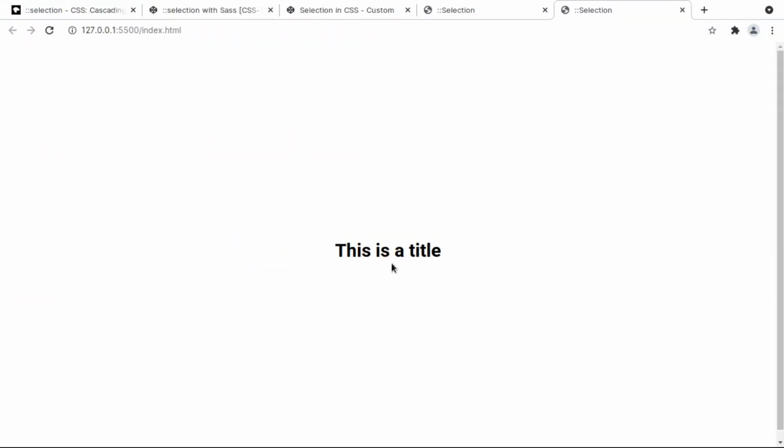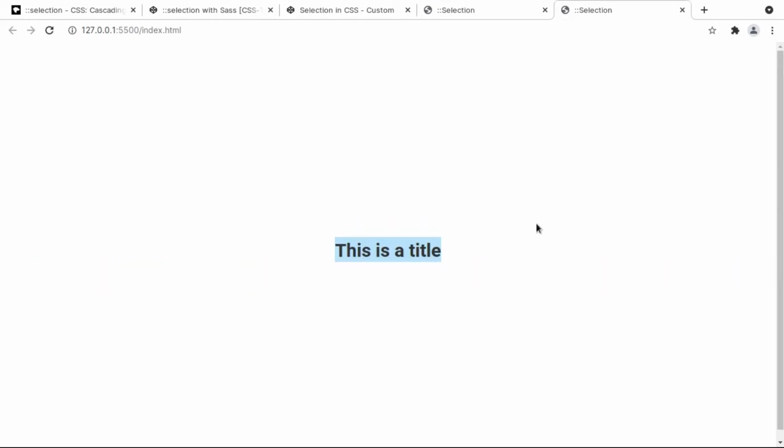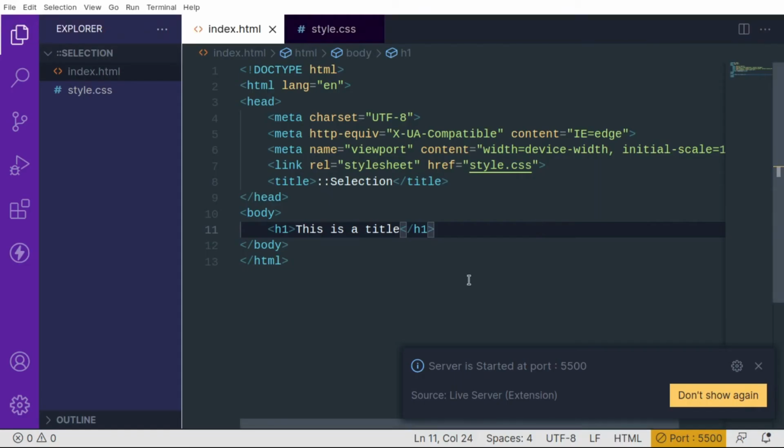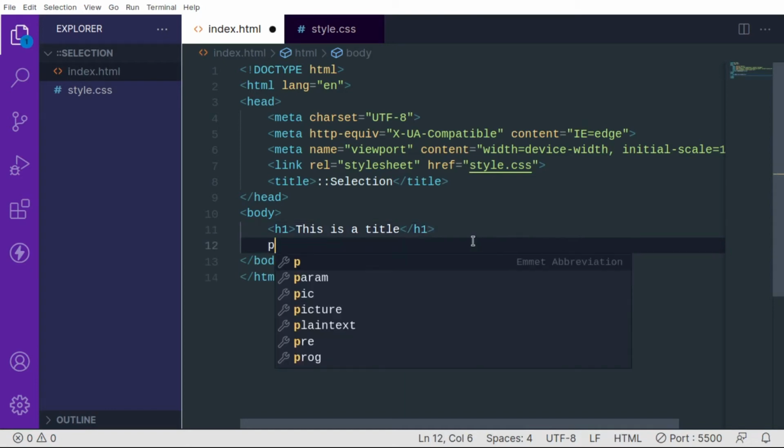Okay, our live server has been started, and when I select this title, it's obviously going to be styled in a default manner, like the Chrome default thing. We don't want this text to be like this. Obviously in here we have the same feature, but we are now learning the thing, so we want something different. And let's just create one paragraph underneath it so that there will be more text.